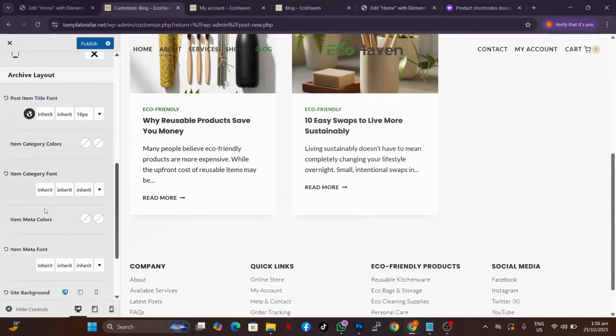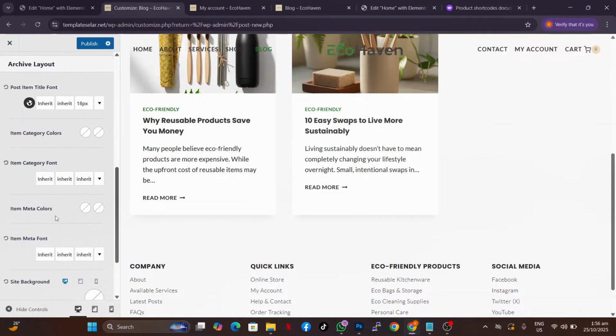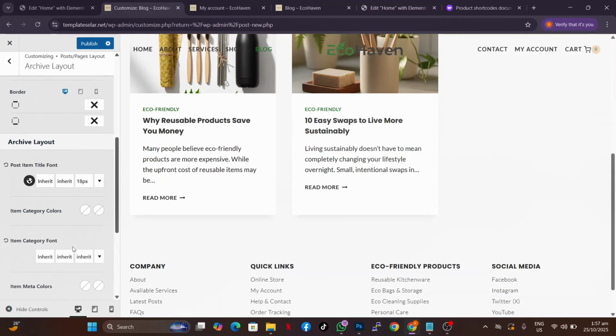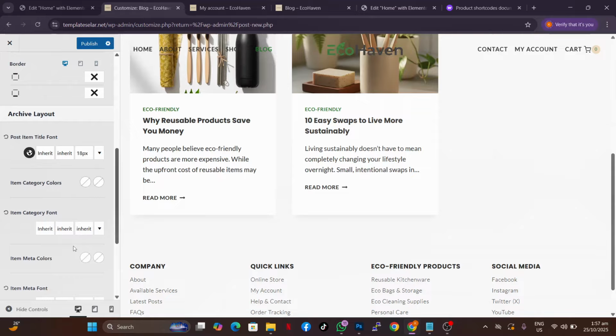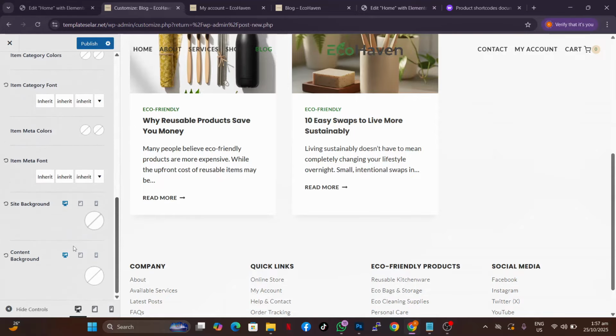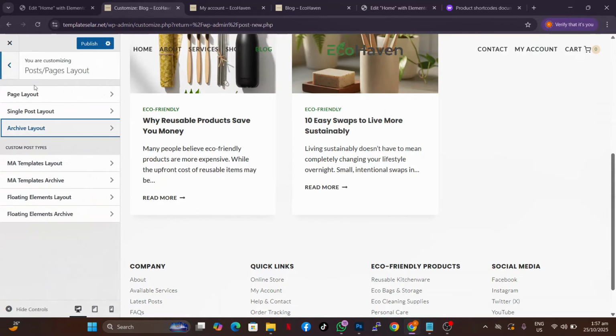Now let's go to the category font and all those kind of stuff. So the meta and all those things, you can do it the way you want it. Category font, you can do it the way you want it. Meta font also, you can do it the way you want it. Aside from that, let's see if there's something we can change over here. Side background and all those things, I'm going to leave as it is. And I'm going to go over here, and we will enter into a single